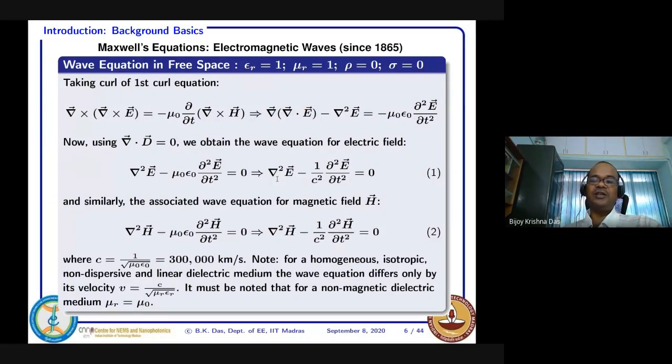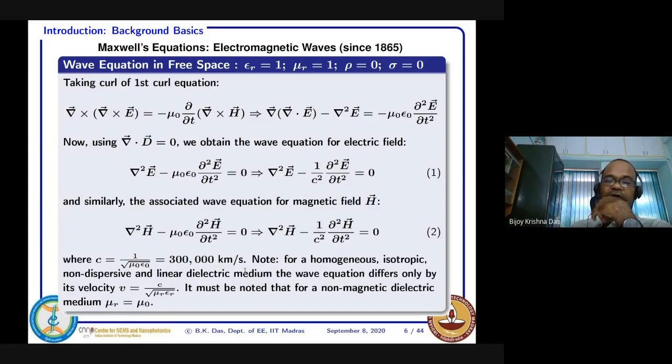So it is basically del square del x squared plus del square del y squared plus del square del z squared. Something I think, even though I'm not writing, you can follow this. Here also, where we have used this c square, for the moment you consider c is 1 over root of mu 0 epsilon 0, and if you put down all the dimensions, it will come like 300,000 kilometers per second.